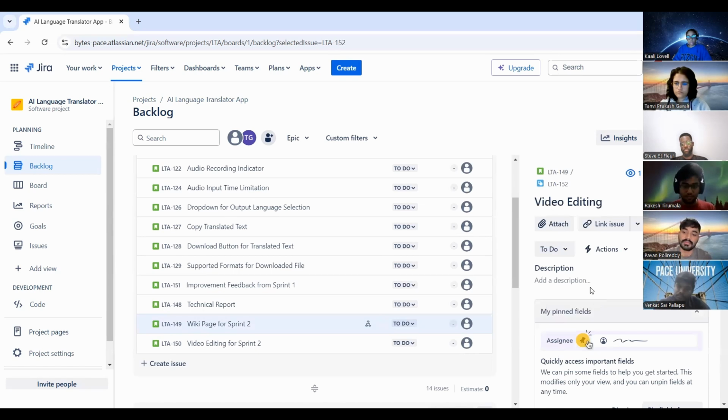Click on the number. Should I add it as a user story?